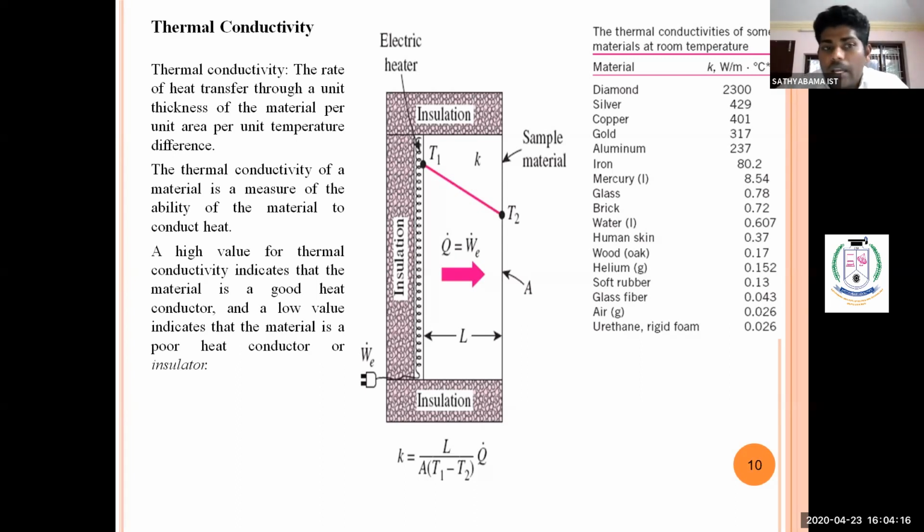Suppose in problem solving, they give a problem of a plane wall with an initial temperature of 20 degrees Celsius and an exit temperature of 15 degrees Celsius. This wall is made of copper, and the temperature difference between the two sides is already given. The area of the wall is given as 2.5 meters square, and the thickness or length of the wall is 2 meters. So these are the values given.